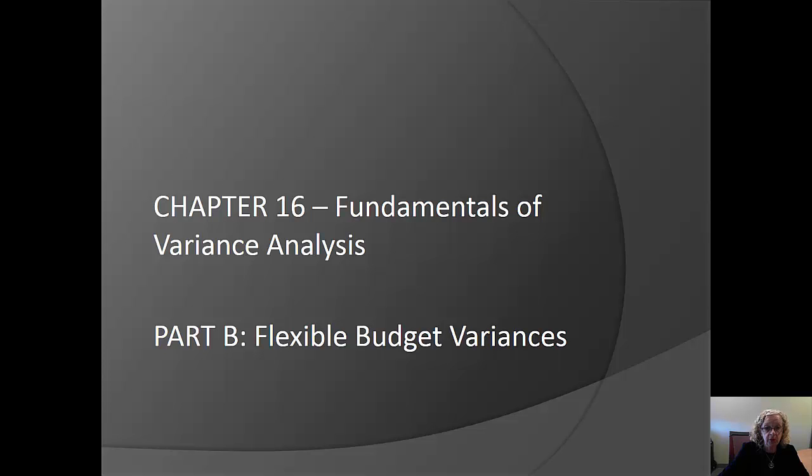Let's talk about computing flexible budget variances. There are two issues that make this material tricky. One issue is that there's no standardized way for the information to be presented. That is, the values that are given and the values that you need to compute may differ from one problem